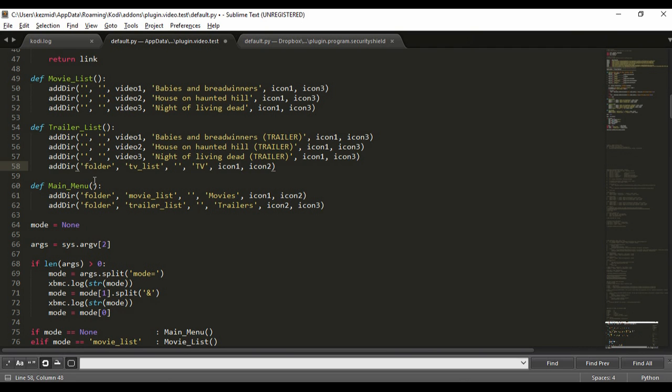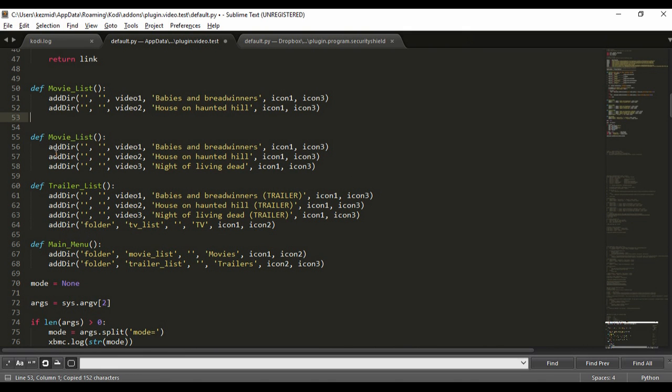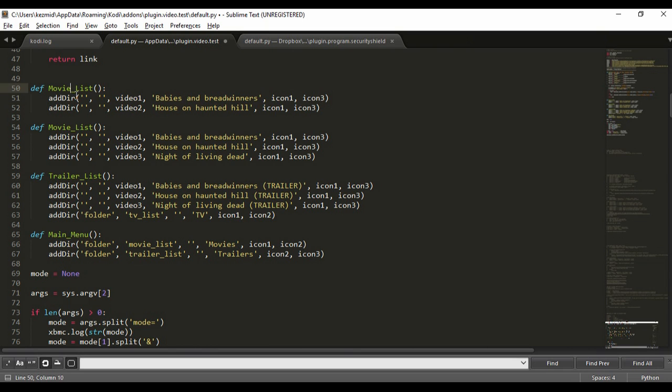We'll leave the icons the same, and let's copy some of that. So TV list, example 1 and example 2,